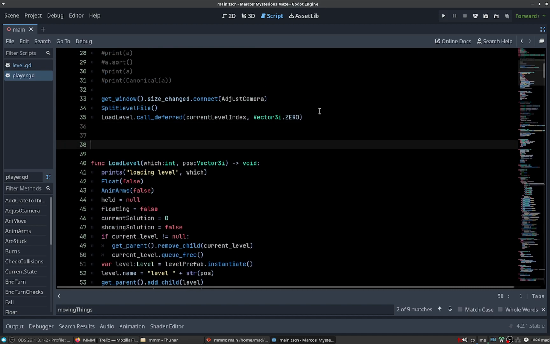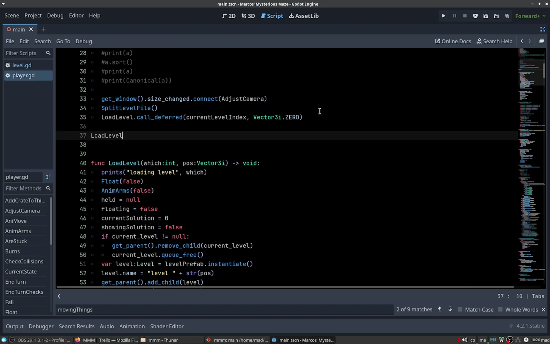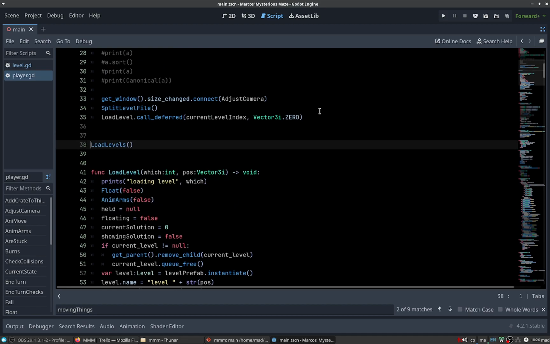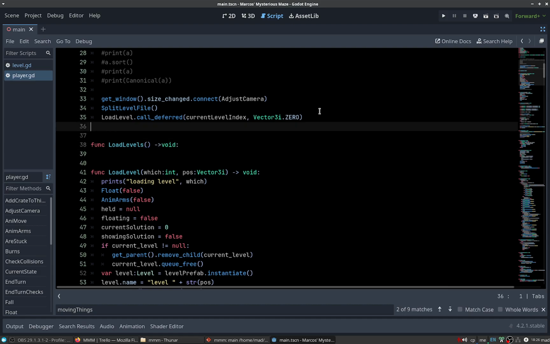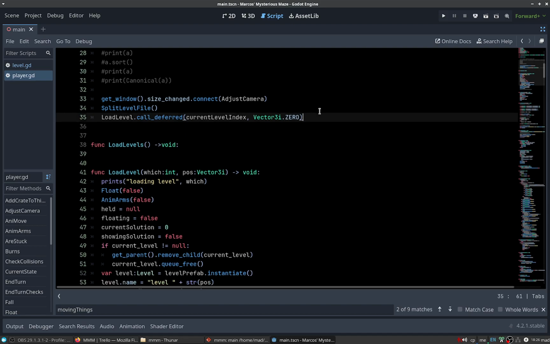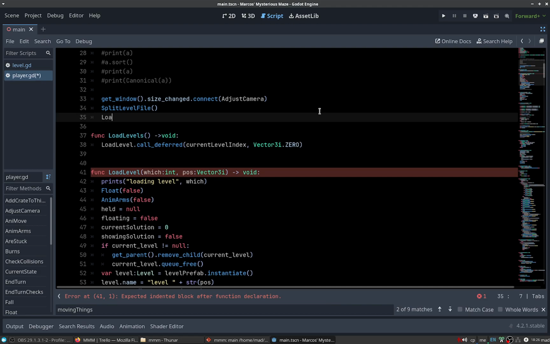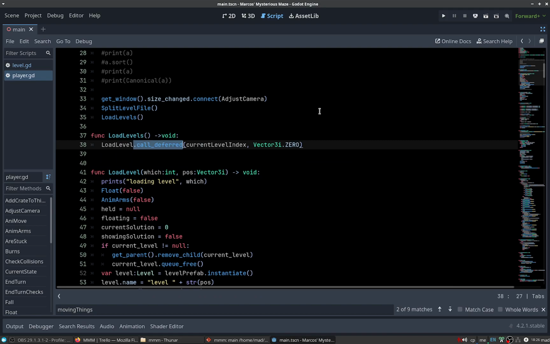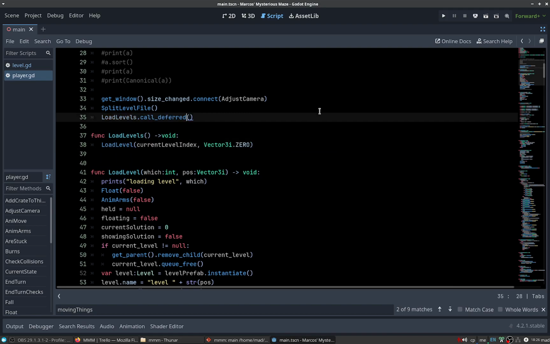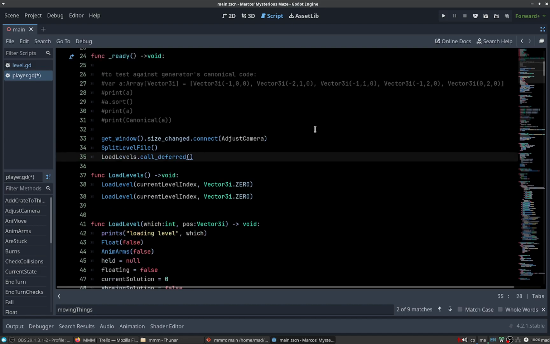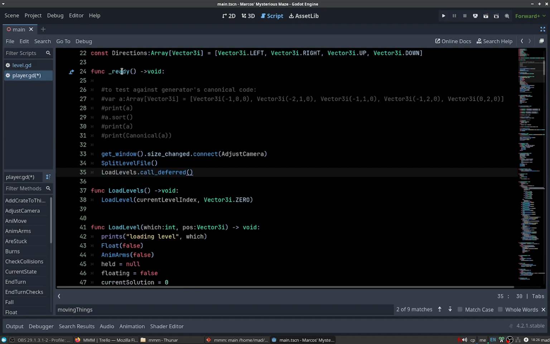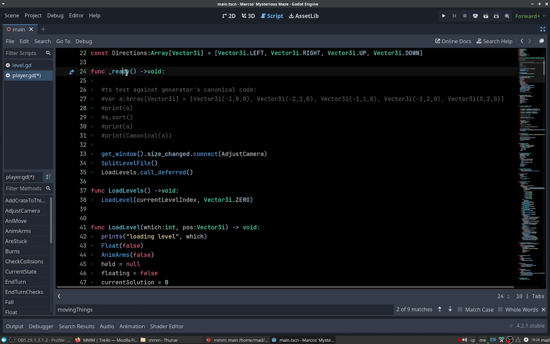Let's make this function and call that. Let's use it. I learned yesterday that sometimes when you are still loading the game, this function in Godot